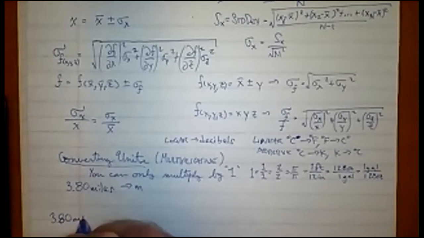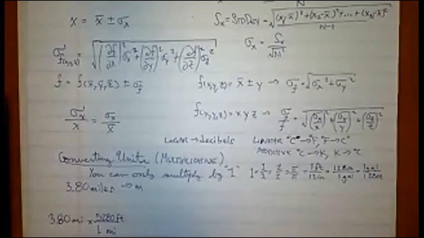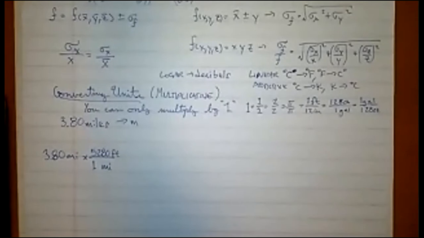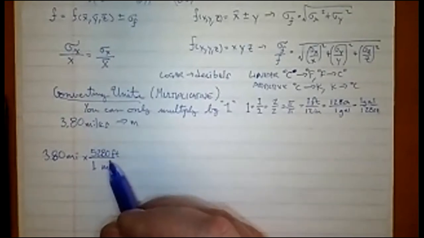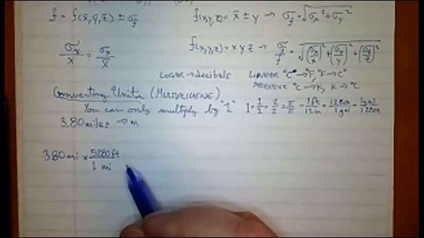I'm just going to write this as miles, and then I'm going to multiply this, and I want to get rid of miles. So in order to get rid of miles, I need the miles to be on the bottom. I happen to know that 1 mile is equal to 5,280 feet. Now, this might seem weird, but in fact, I know the string of conversions that get me from feet to meters. So I'm using that because I know them off the top of my head and they're exact. So if this number has 3 sig figs, the answer has 3 sig figs. If this number had 4,000 sig figs, the answer will have 4,000.